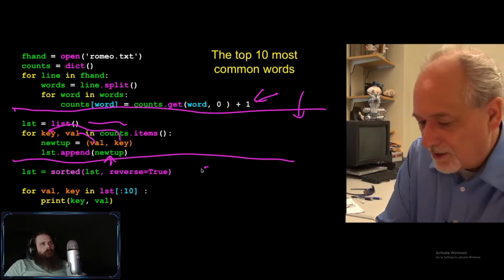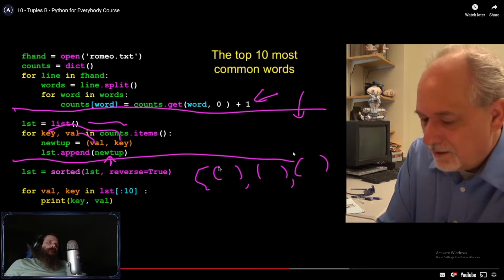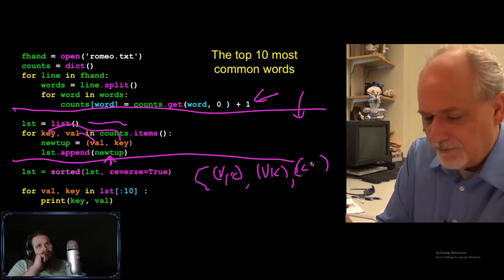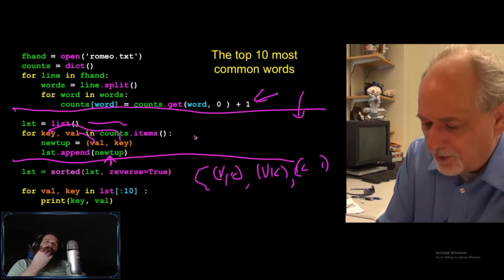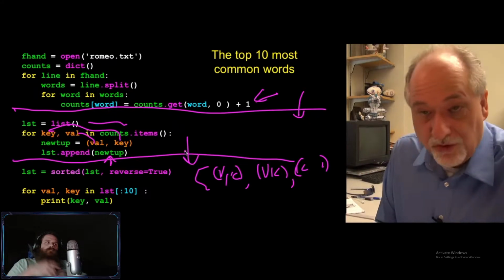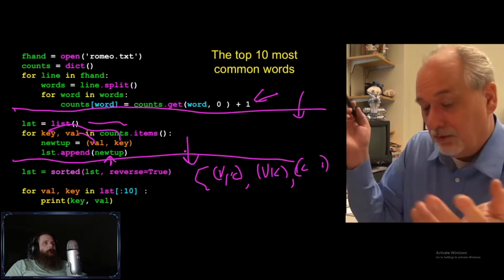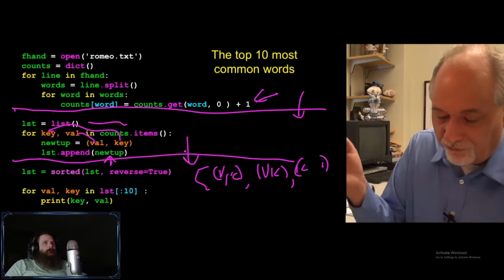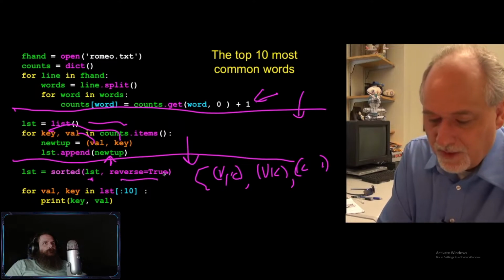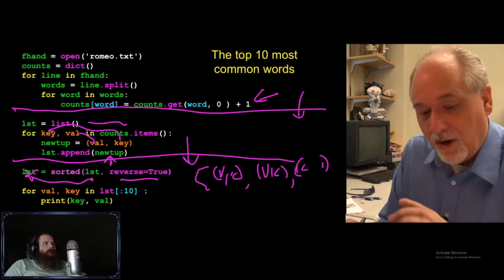At the end of this, we have a list of tuples in value key order, VK, VK, right? So coming through here, I've got in my lst variable this really useful bit of data that I produced. And now it's ready to be sorted. Poof, sort. So take the list, sort it in descending order, and stick that back in the list. Now, we want to print it out, but we don't want to print it out